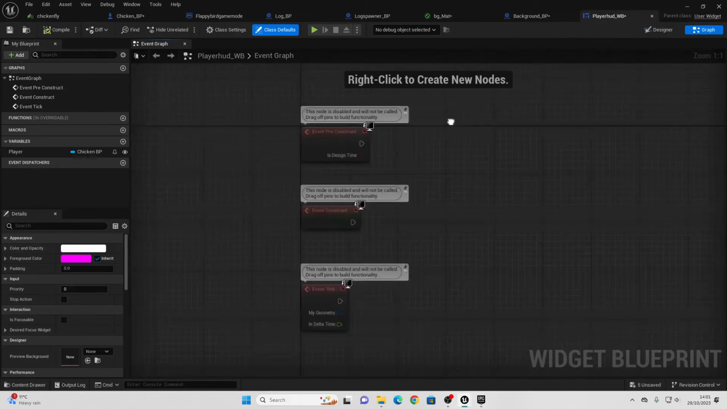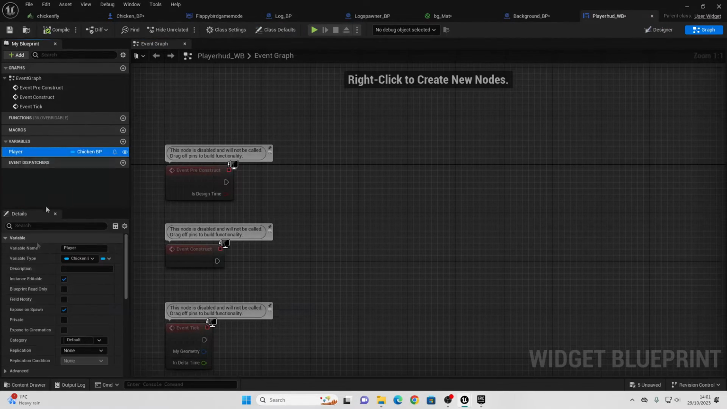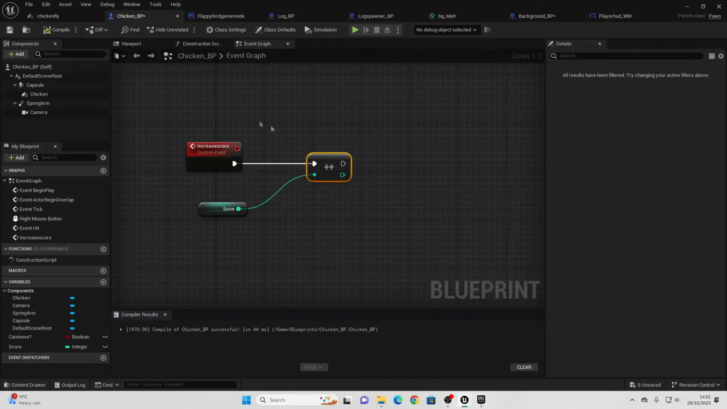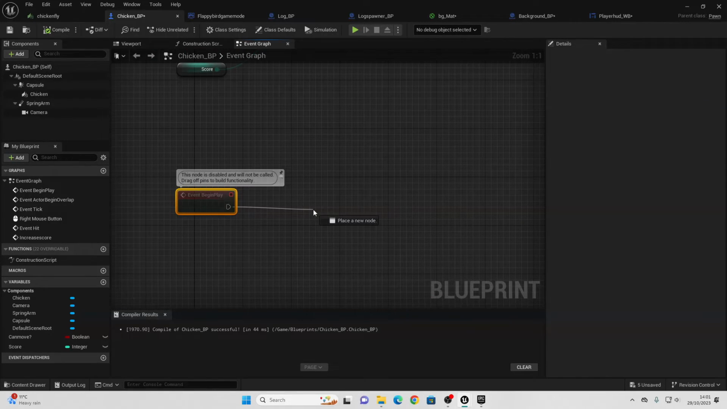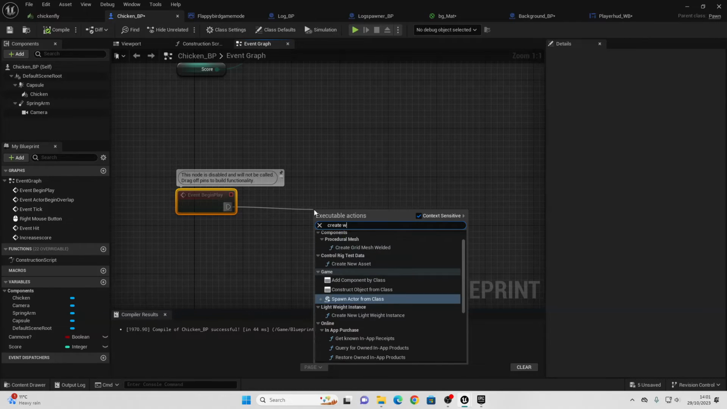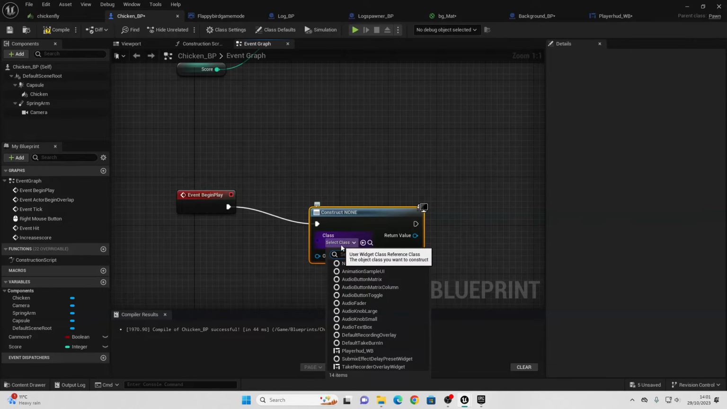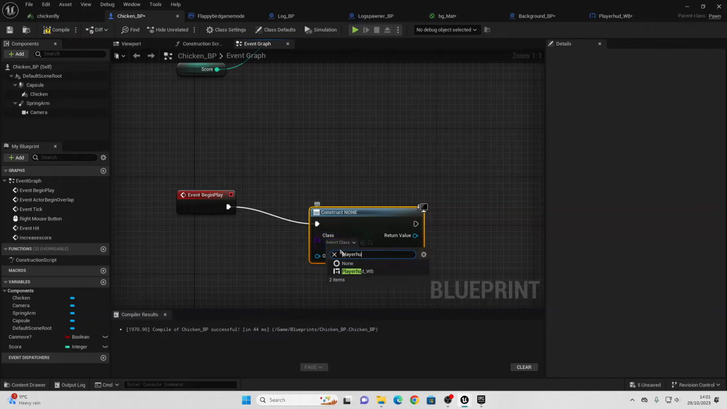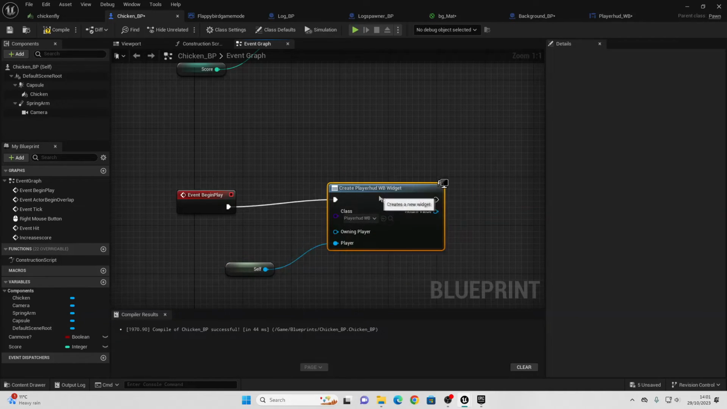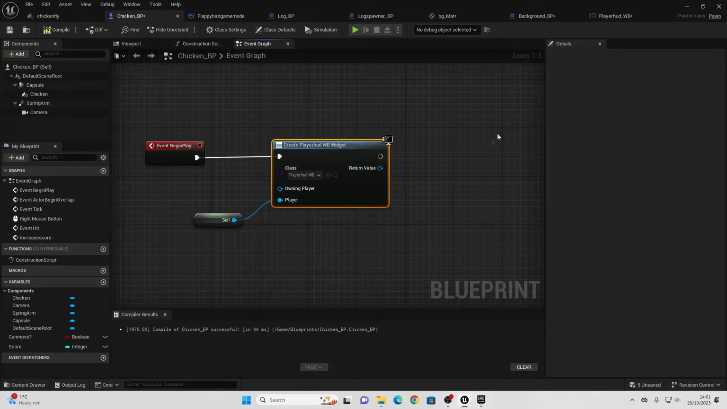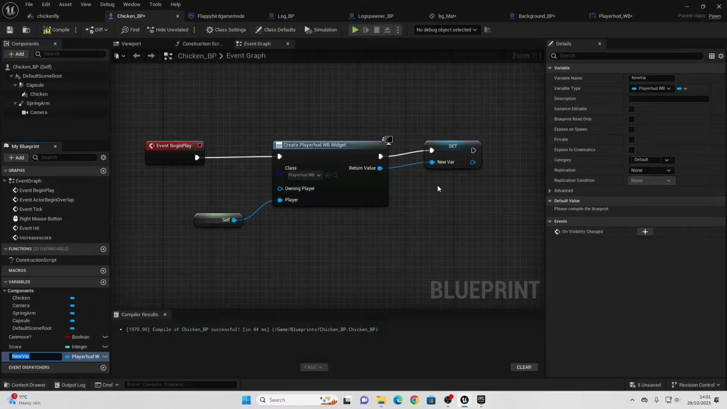Now in order for our HUD to actually get a reference to our player character, I made this instance editable and expose on spawn. So now if I go back to my player character and just find the event begin play node, drag off here and look for create widget. The widget we're going to create is going to be the player HUD, and you're going to see it has this pin here. Drag off here and look for self, and this will basically give the HUD a reference to the player character. We can just right click and promote this to a variable and just call this the player HUD,